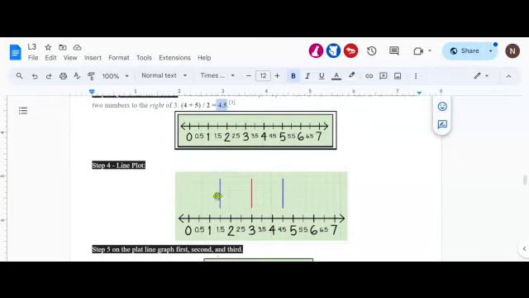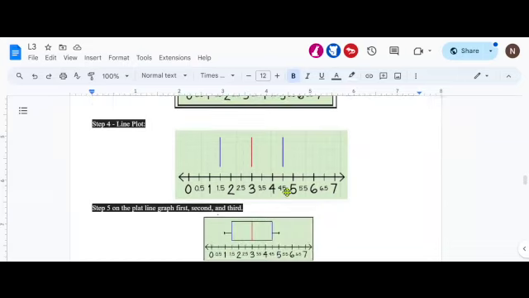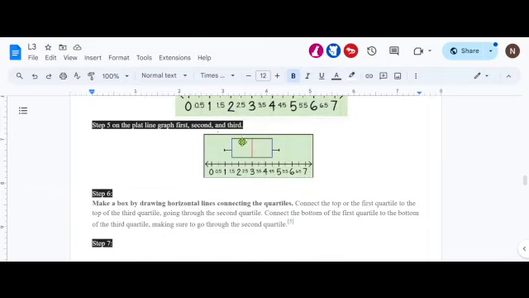So far we got the first quartile, second quartile, and the third quartile. Now we're going to make the box around that. You get the rectangle, right? So step 5, on the number line, graph first, second, and third. Step number 6, make a box by drawing horizontal lines connecting the quartiles. Okay. Step number 7,